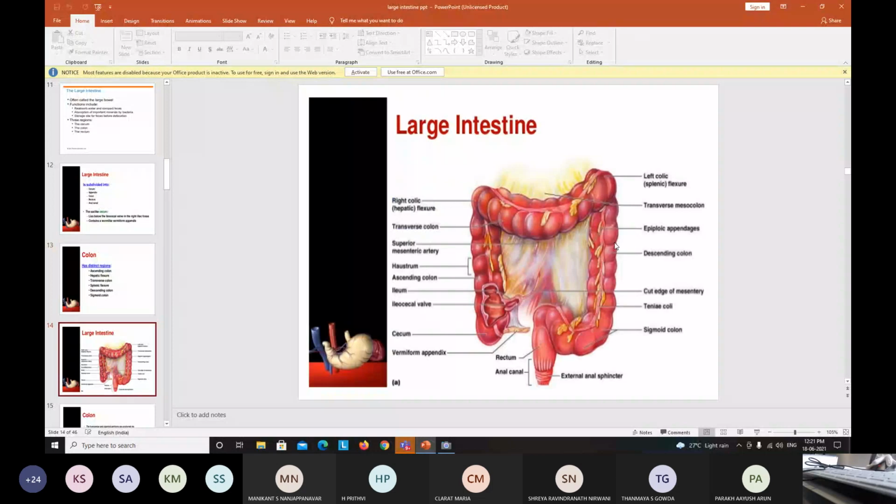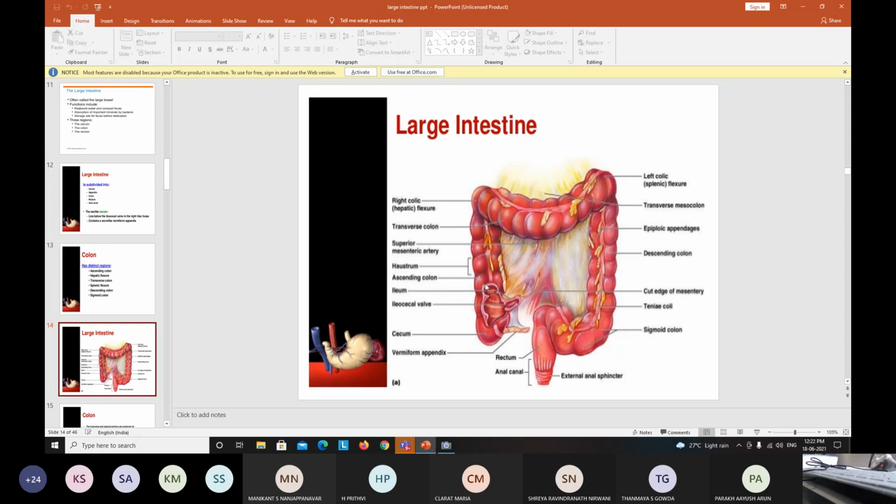Now this diagram is also showing the ileocecal wall. This is a part of the ileum. This is the ascending, transverse, descending, sigmoid, rectum, anal canal. Why am I repeating? You have to remember the parts first. In the practical exam, the examiner will ask you to show the parts, so you have to know them in detail, and their measurements also. So this is the ileocecal wall, a part of the ileum.